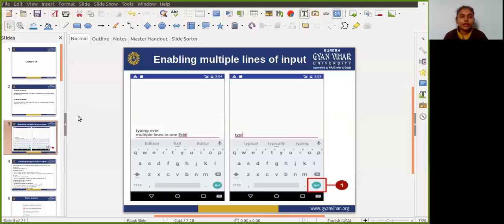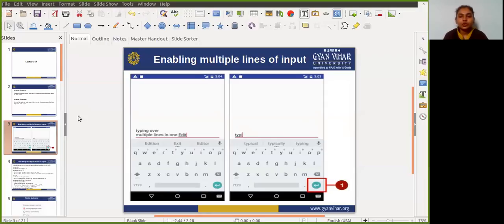If we add the android:inputType attribute to the EditText view with values such as text, characters, or text autocomplete, tapping the return key closes the on-screen keyboard and advances the focus to the next view.